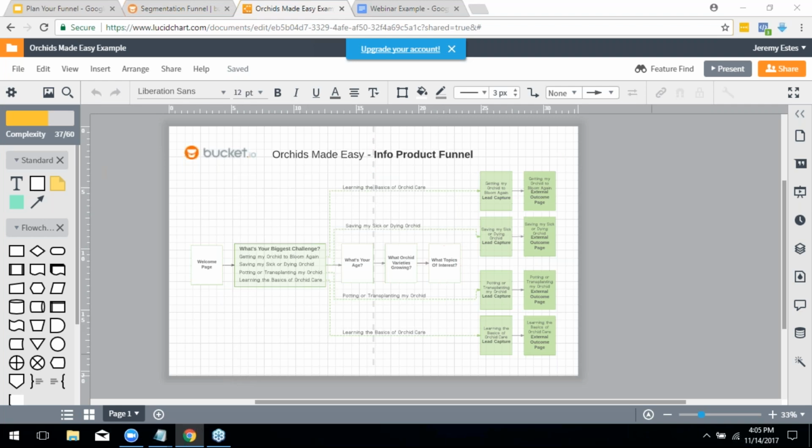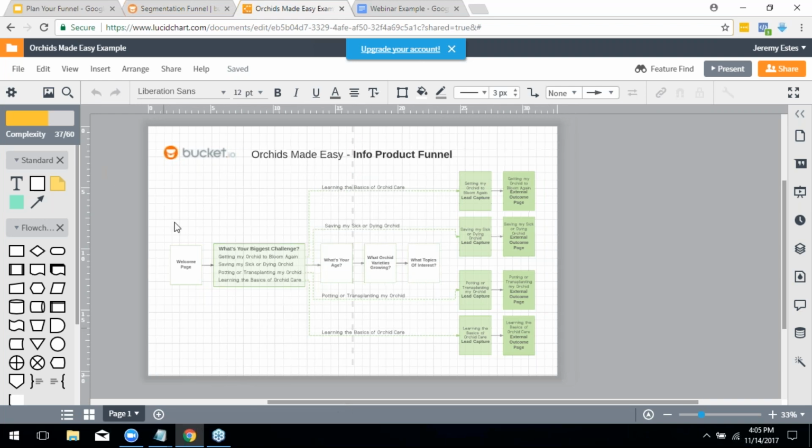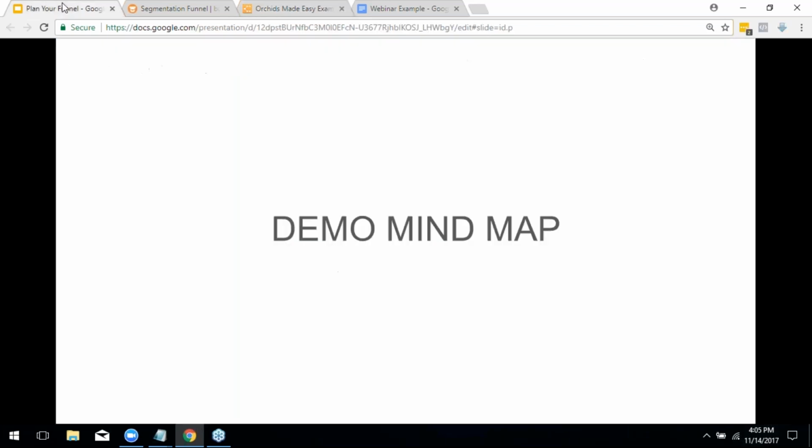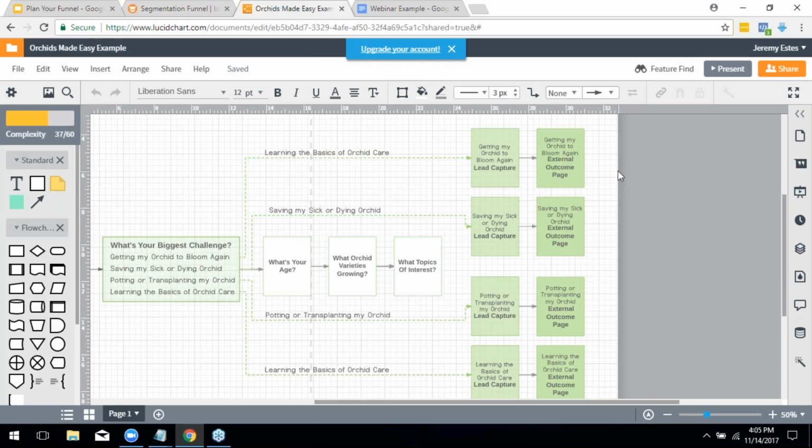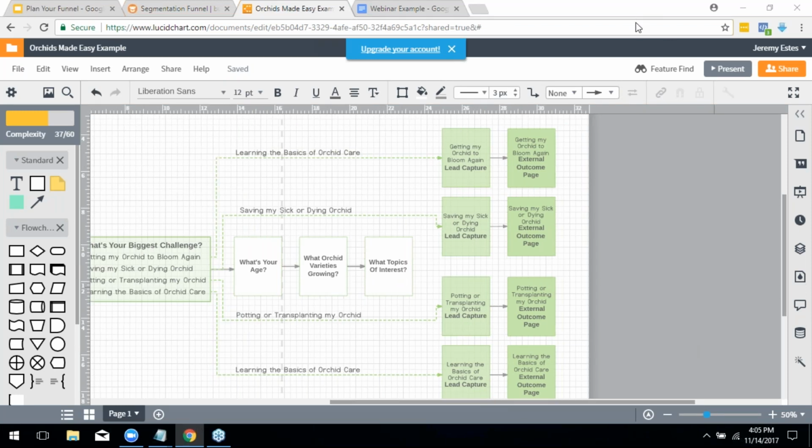So where we always want to start when it comes to mapping out your segmentation funnel is you always want to start with the outcome. Okay, let me jump back over here. So we always want to start at the end and work our way back. Okay, and the reason why is because